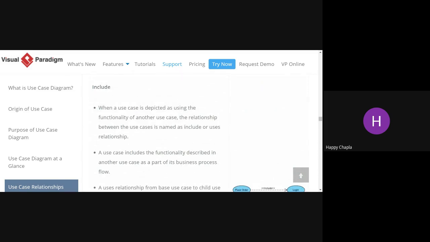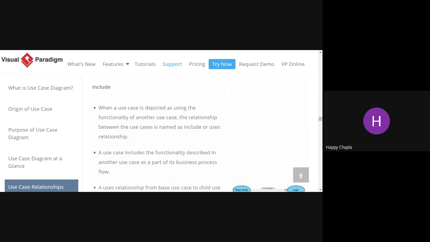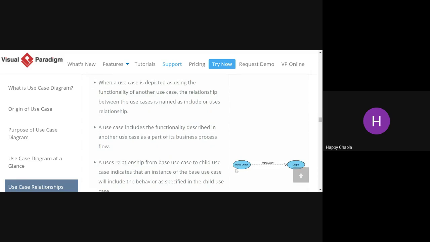So when a use case is depicted as using the functionality of another use case, the relationship between the use cases is named as include or uses relationship. Okay, so that means we have to mention more than one use case over here. That means I am including something. So if I want to place the order, I need to include the login details first.